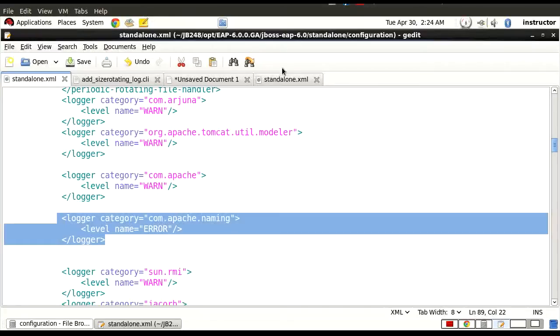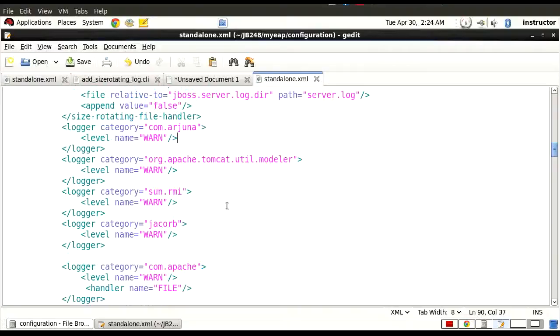Now I am able to configure this. For example, here